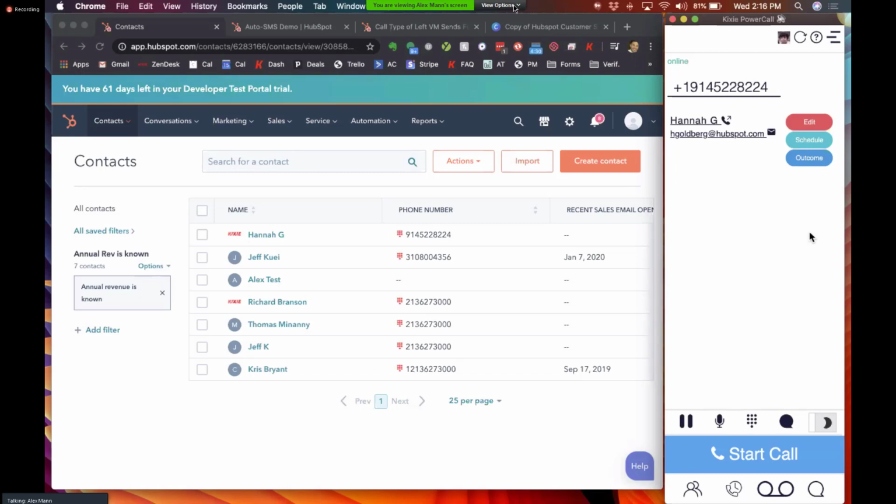But before that, I just want to summarize what David has covered thus far. I like to think of Kixie as providing the HubSpot rep with the ideal calling environment out of HubSpot. Nowhere is that more apparent than in a list view scenario like I'm in right here, in a contact filter view specifically, although you could also do this in deal lists and lists in general. So you have the ability to one-click dial down any given list in HubSpot, and then you can take time-saving, super efficient actions like dropping the perfect voicemail